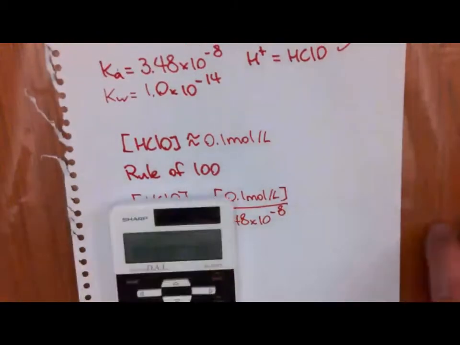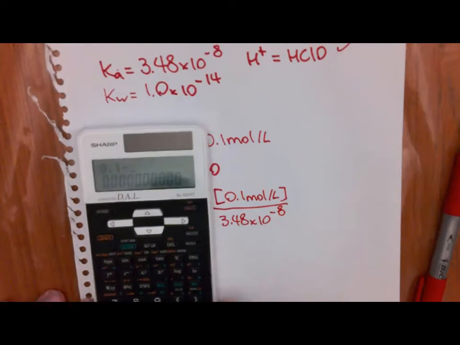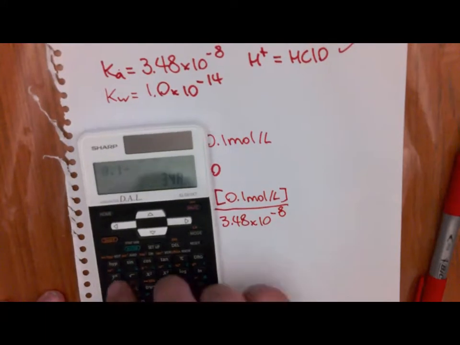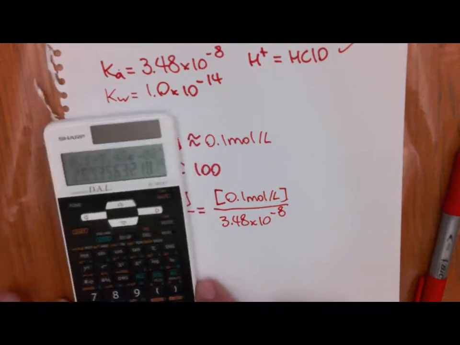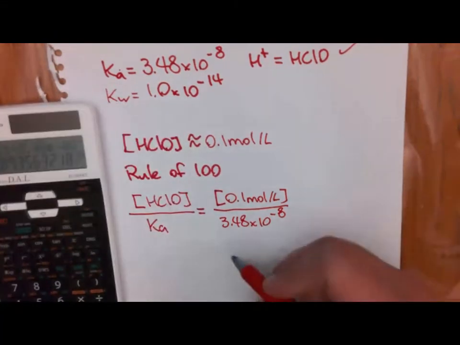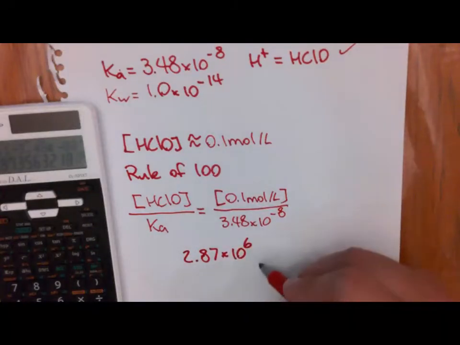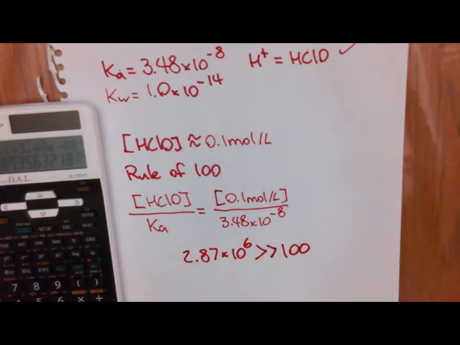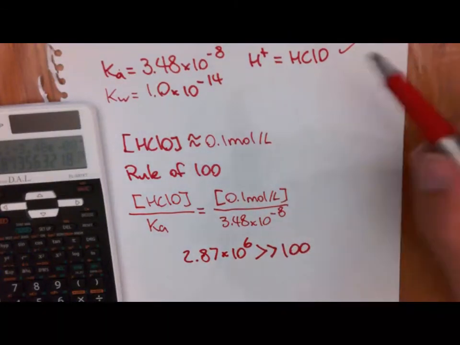If I punch that into my calculator, I take 0.1 and divide by 3.48 times 10 to the negative 8, and this gives us an astronomical number, 2.87 times 10 to the 6, which is obviously much larger than 100. So our assumption is correct, and we can say that all of the work we have done here to solve for our Ka was within reason,